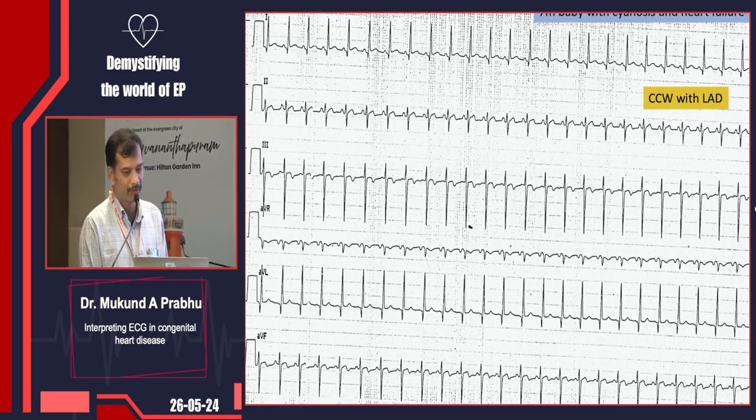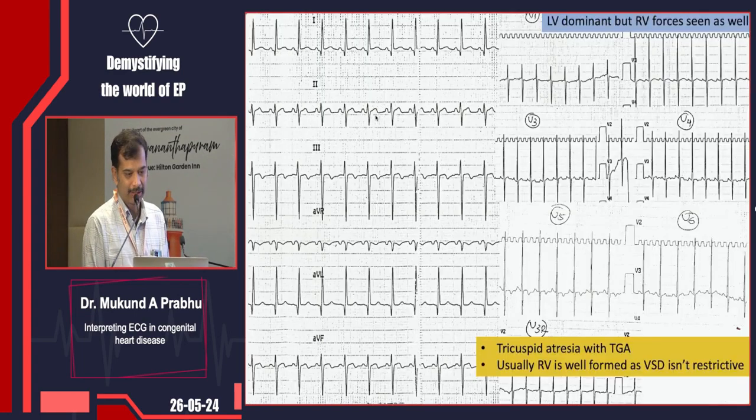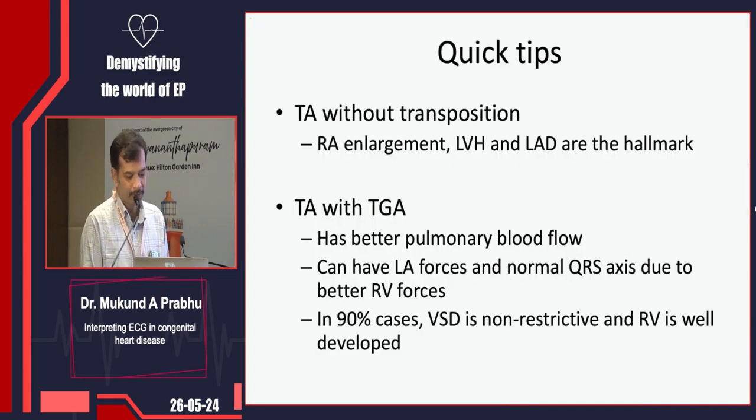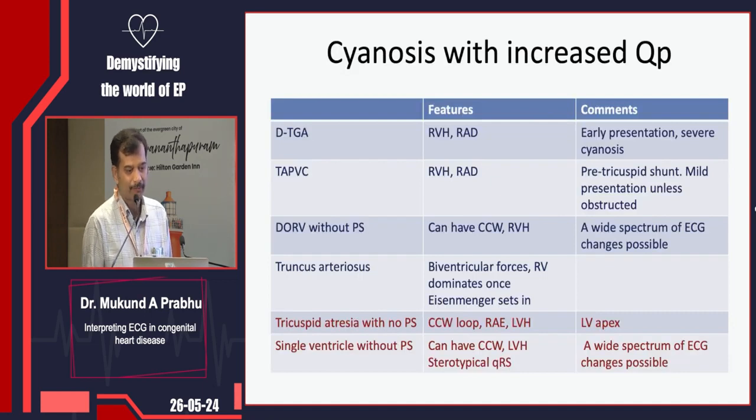Again, the same picture, heart failure and cyanosis in a 7-month-old baby, counterclockwise loop, left axis. And here we have RV forces seen in V1 as well as V6, apart from other findings of tricuspid atresia. Right atrium is enlarged, but left atrium usually is spared in tricuspid atresia. And when RV forces are well formed, think about coexisting TGA, tricuspid atresia with TGA, because usually in this scenario, VSD is non-restrictive and RV is well developed. I'll skip this slide. And this is a summary of cyanosis with increased pulmonary blood flow, how ECG can add